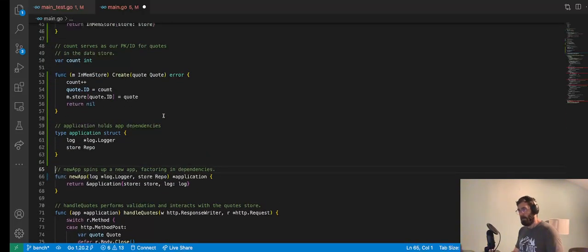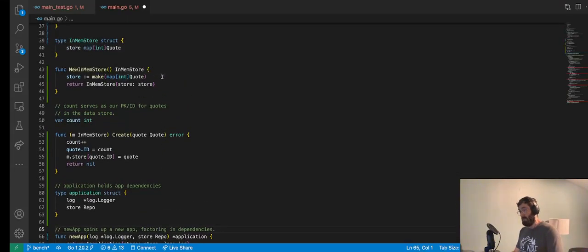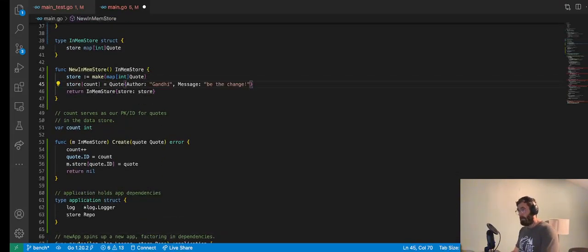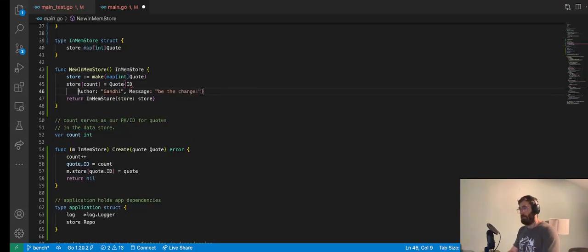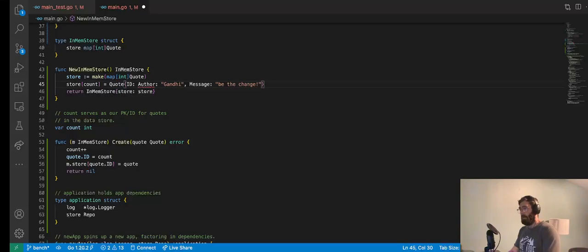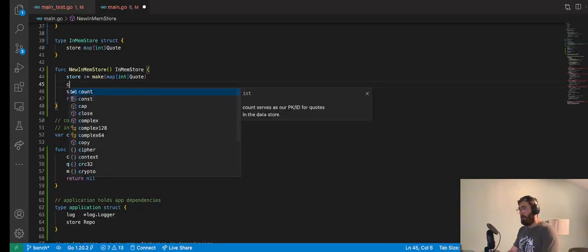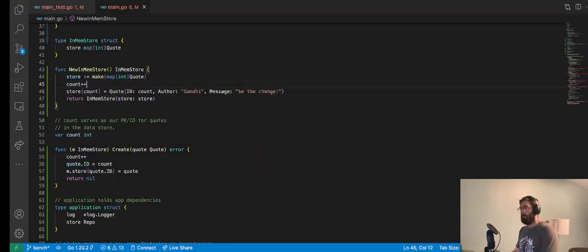Let's put it instead in our factory function for the in-mem store. Cool. Although we should probably also address our ID, where it becomes count, and now becomes kind of important to increment count. There we go. So every time this gets called,